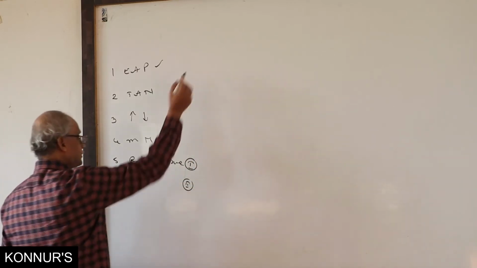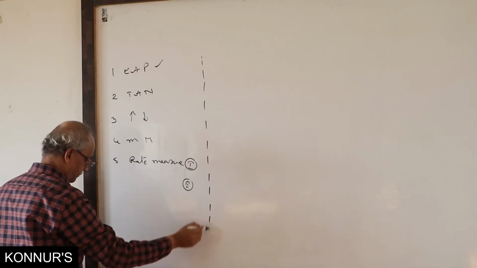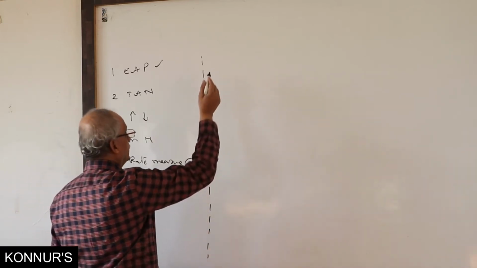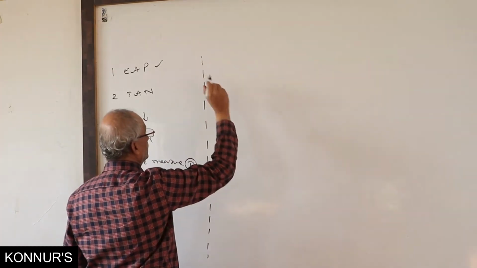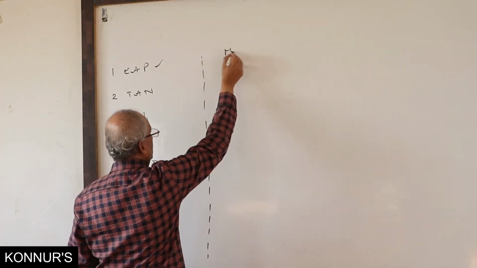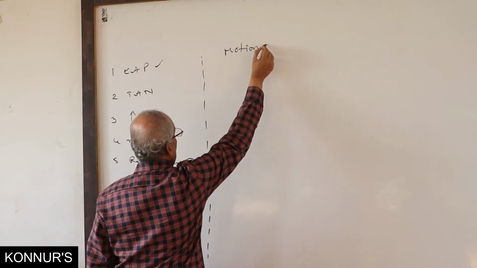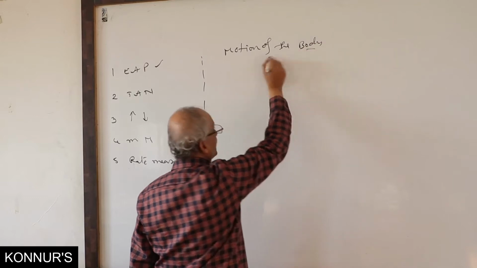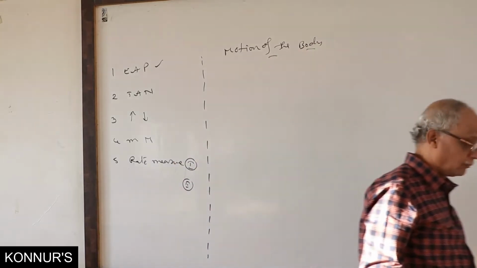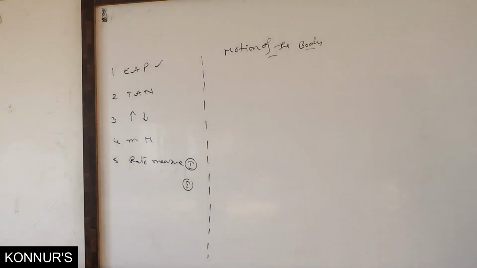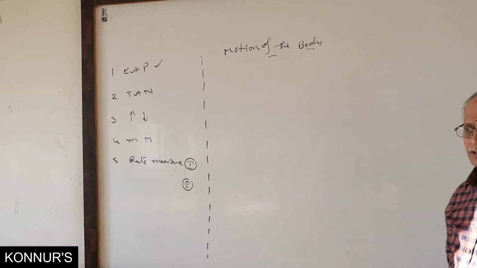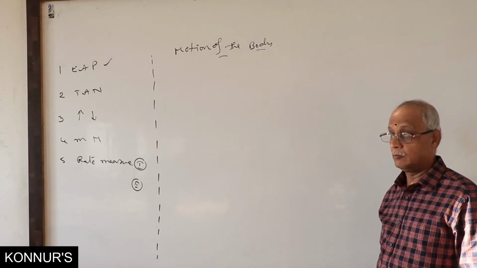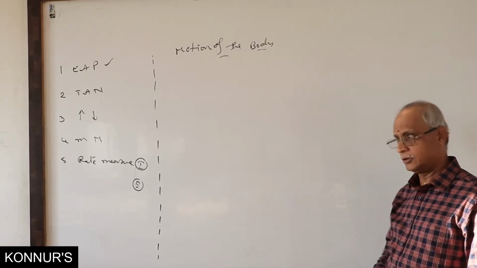Rate measure is nothing but what you have already done in physics also. It is called motion of the particle related, so called motion of the body. If I consider the body, it can be anyone, either soft or rigid, it is immaterial. Motion here is taken into account.